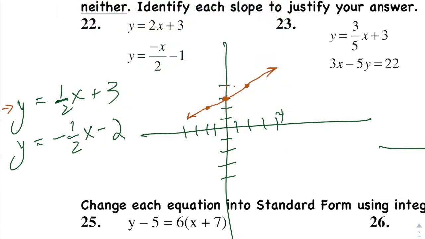And if you graph this other line, you don't have to graph it, but I'm showing you. It's got a slope of -1/2. Ooh, cool. Look at that. Awesome relationship. They must be perpendicular. The one's positive, one's negative. Careful, careful. For it to be perpendicular, there are two conditions. It needs to be opposite